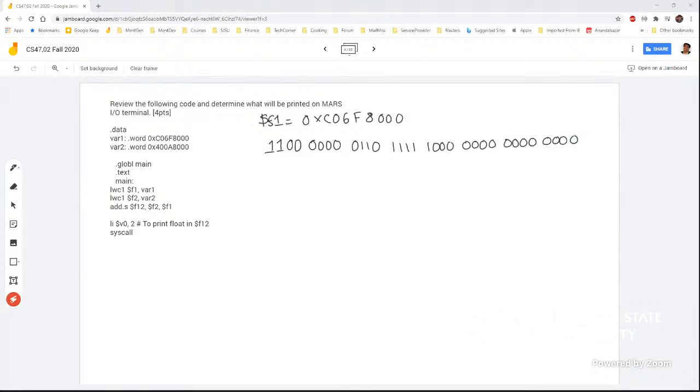Now this is loaded into F1. Now the question is what it represents. According to the IEEE format, this is my sign bit. Okay, and the next 8 bits will be my exponent. So this is S, this is E, and the rest of them is my fraction. Now, that means for this case, S equals 1